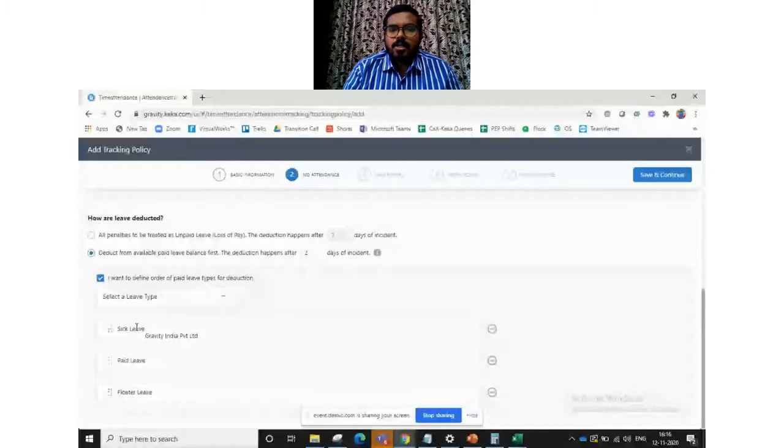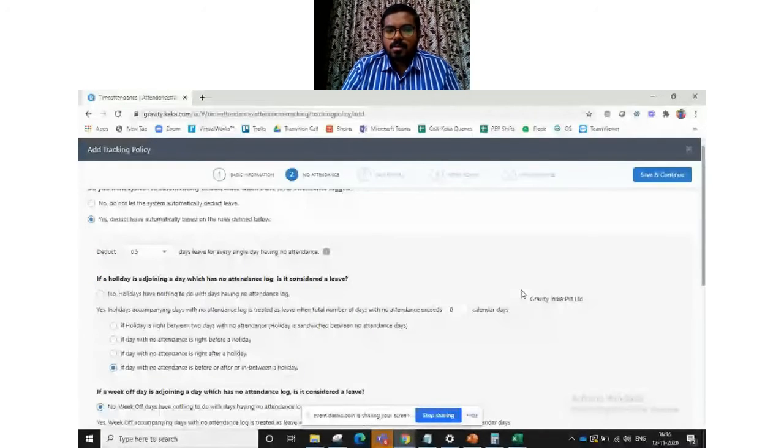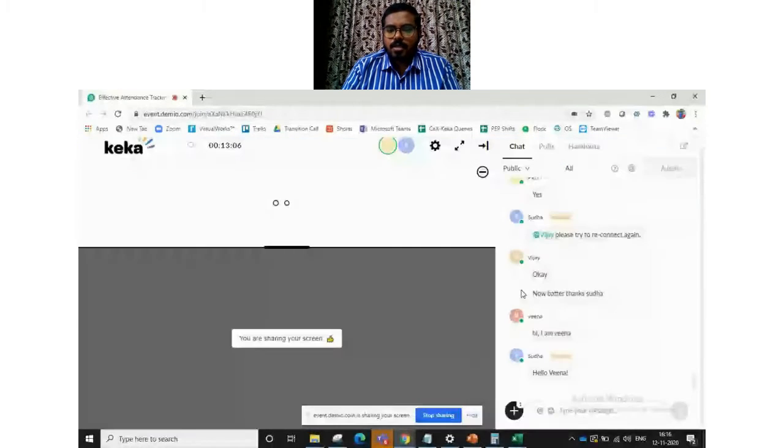If yes, system will deduct 1 day from his leave balance. If he do not have any sick leave balance, then it considered paid leave. If we do not have any paid leave, then it considered floater leave. And if you want to change this, you can simply drag this like this. Okay, so this is about no attendance.